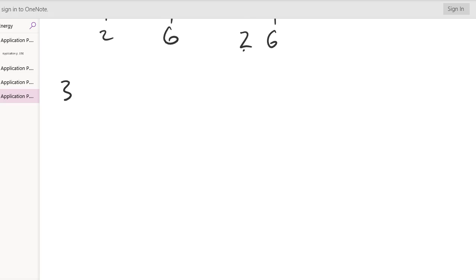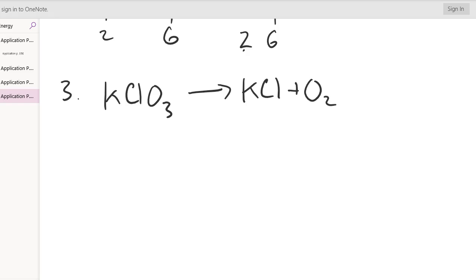Let's look at number 3. This is decomposition of potassium chlorate. It has a few more chemicals in it. Potassium, chlorine, and oxygen. And that is going to yield potassium chloride plus O2. And one of the hints they gave us was to work with the element that has